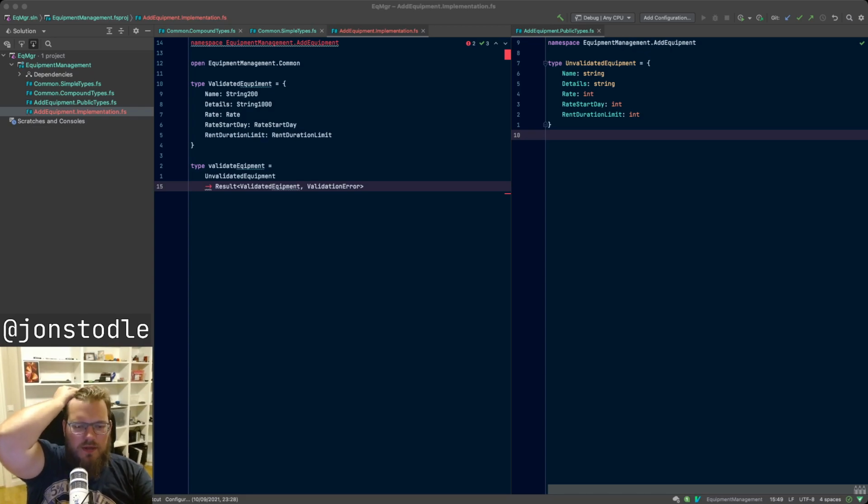Then there is the internal types, which contain all of the validation logic. Define each step in the place order workflow using internal types, not exposed outside the bounded context. Right, this makes sense. Yes, okay. Then there's the pricing, which moves all pricing logic into its own module. It's going to get complicated. Place order